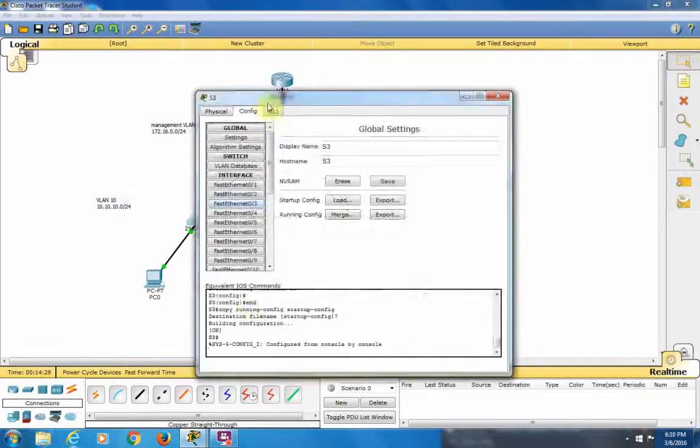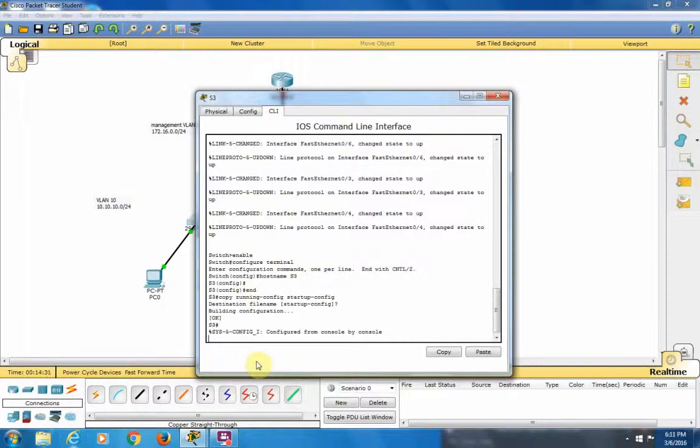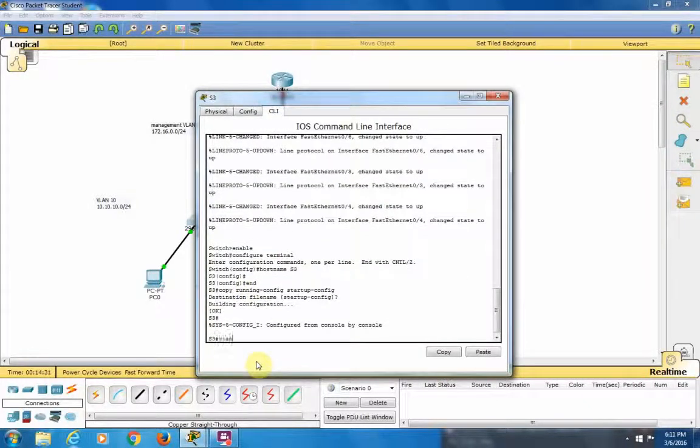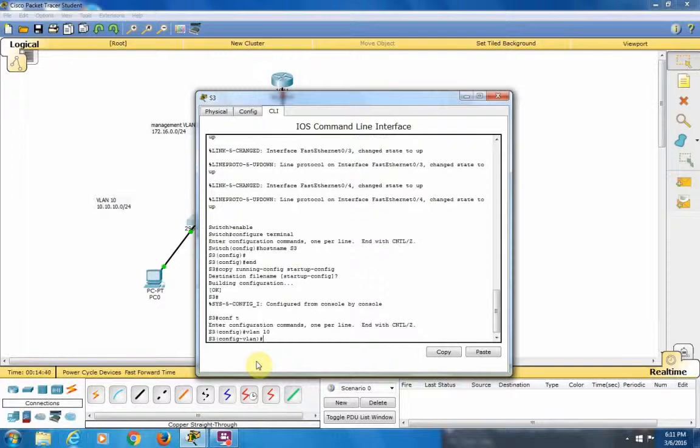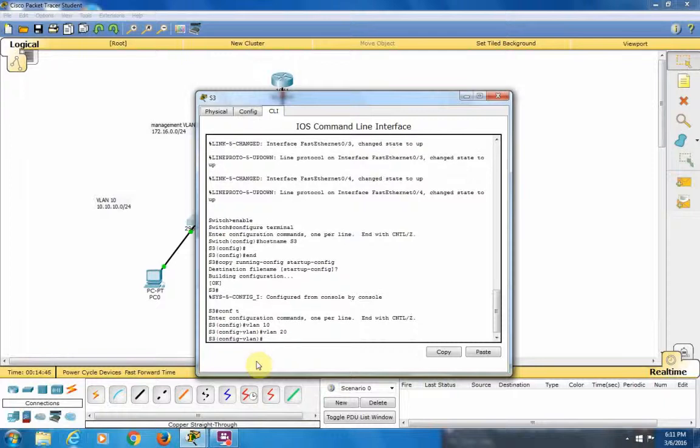Go to switch 3, do the exact same thing. VLAN, oops, gotta get into configuration mode first. VLAN 10, VLAN 20. Okay, so now that we configured 2 VLANs on each switch, VLAN 10 and VLAN 20, we are done with